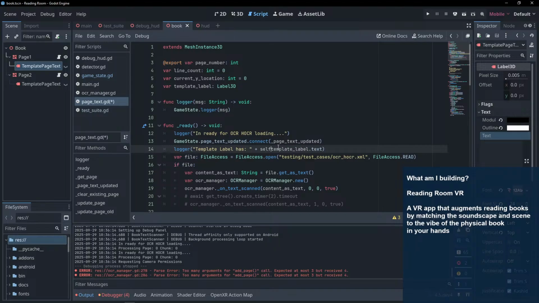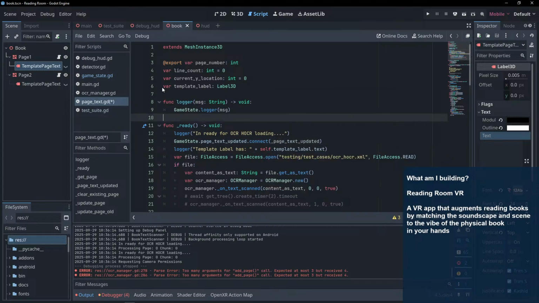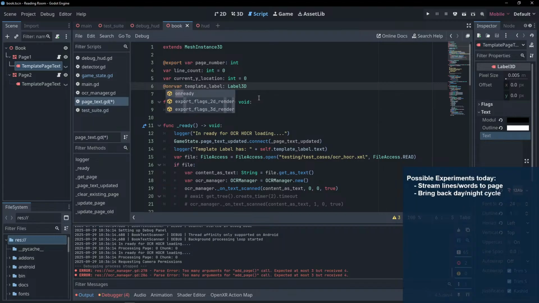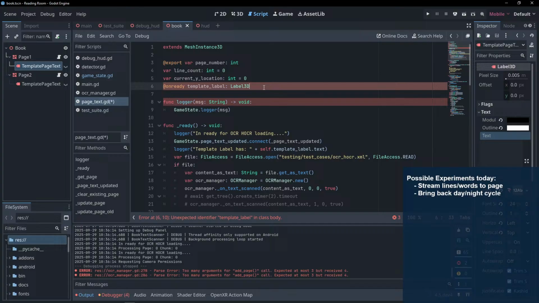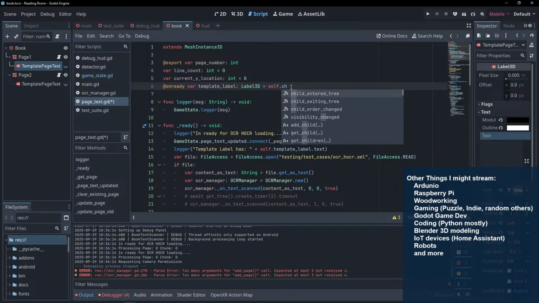And it's going to be self.template_label, just to be explicit. And this is like on ready. And we should set that to be, I hate how it replaces things like that. Self dot child,